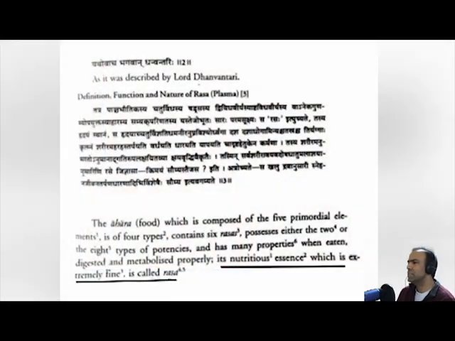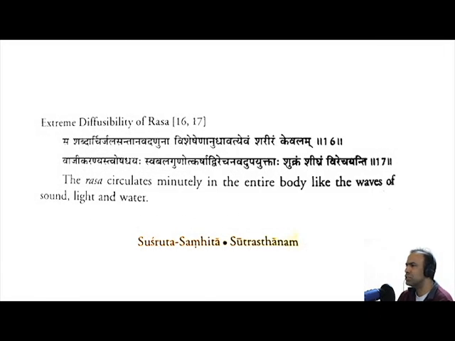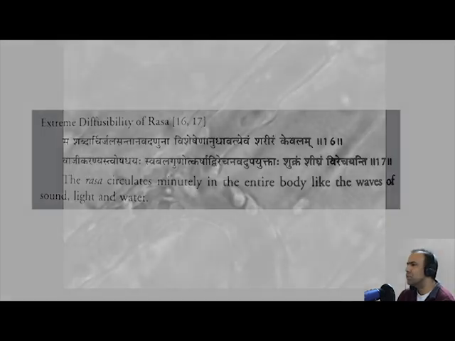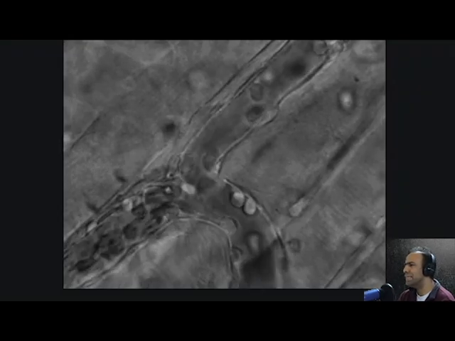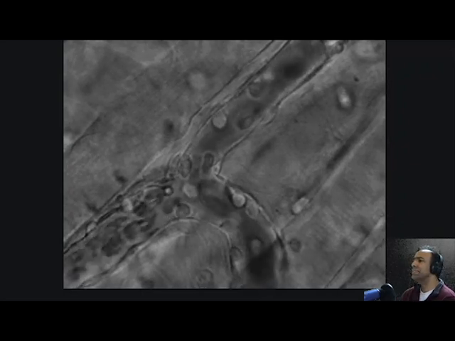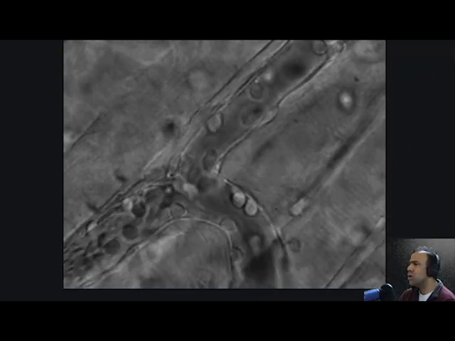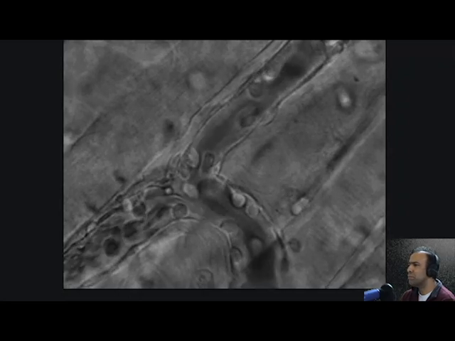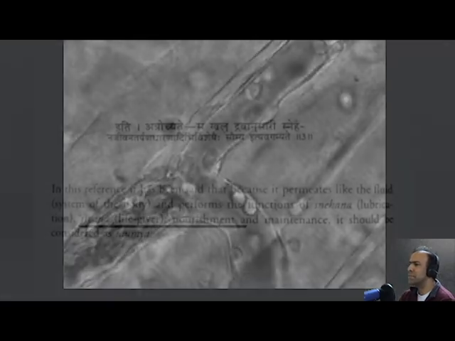Such functions of Rasa Dhatu occur via qualities and special attributes. For example, Rasa Dhatu has the qualities of being drava, which is the liquid; sada, which is the mobile quality of Rasa Dhatu. This allows for fluidity, movement required for circulation. Rasa Dhatu is minute, thin, and subtle, which allows for the circulation of rasa throughout the entire body, even through the small, tiny capillaries, allowing for perfusion to every cell of the body.